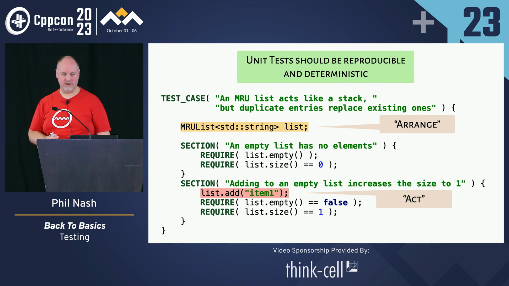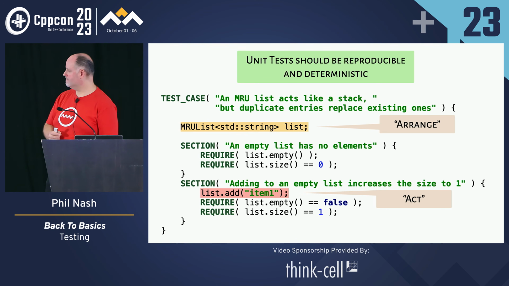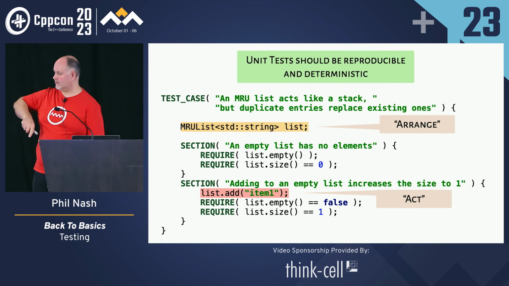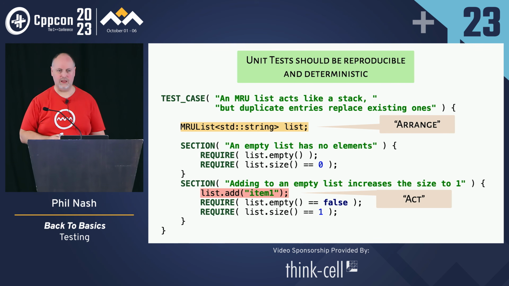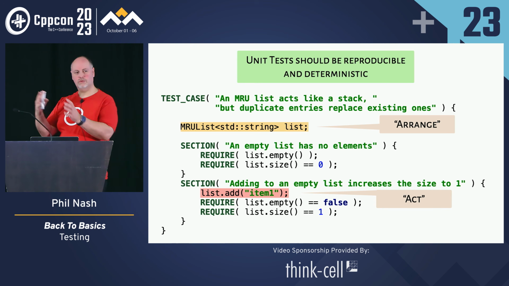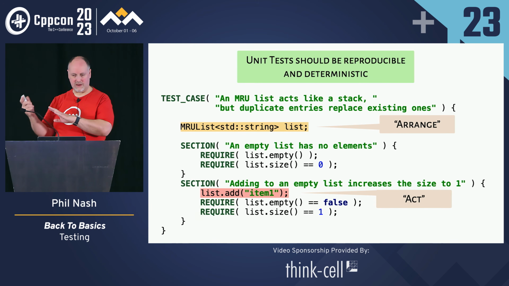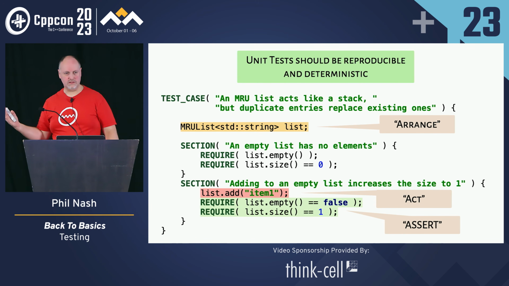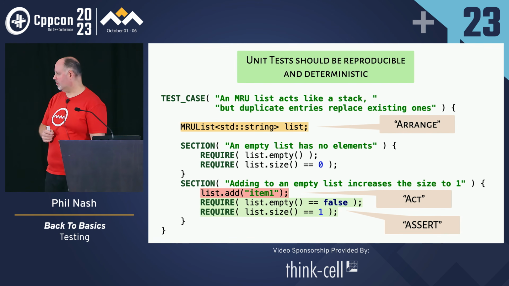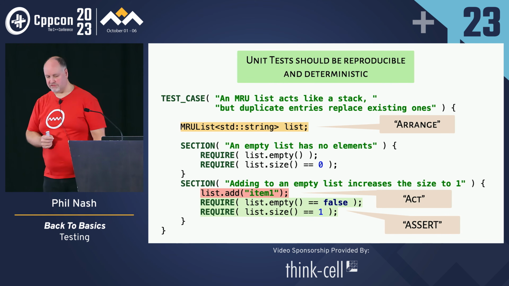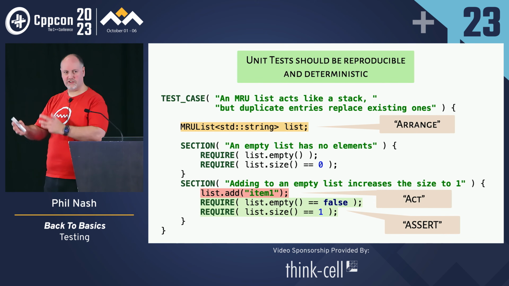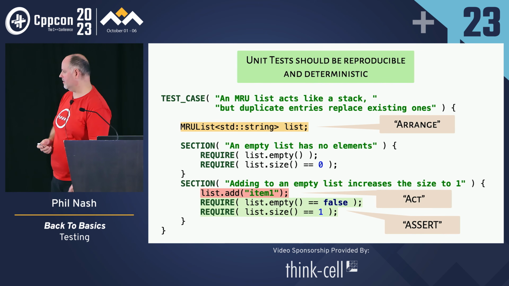Then we perform an action, the act stage. But we don't always do this. We might test that base state like we did in the first section. The empty list, we got tests for that. That's fine. But usually there's some action that's going to put it into a different state. And then we can assert on that new state. Again, nothing that complex, all pretty straightforward. But it's just worth having these sort of things in mind so you think, that's how I structure my tests. I need to create everything every time.